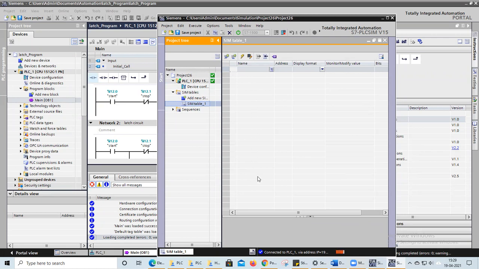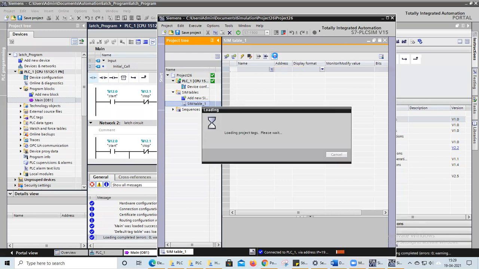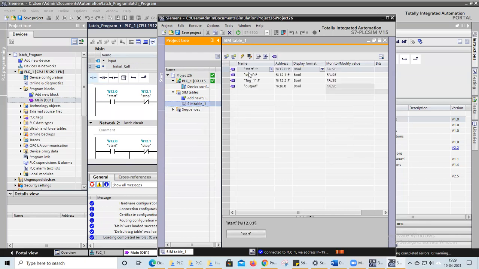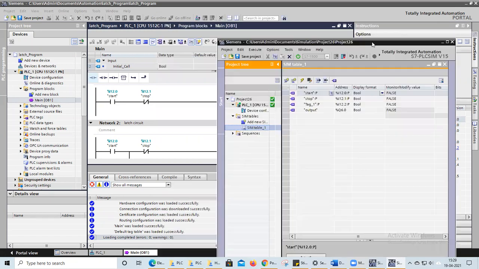Okay. In this window, we need to add manually what switches are there, and we have to assign the addresses. Otherwise, it will also do it automatically by itself by clicking on this one. Here one tag is there, load projects tag. You click on this tag. So I have four things in my simulation. So four things are added here. The four things are start, stop, and output. And there is one tag option. We will check it once.